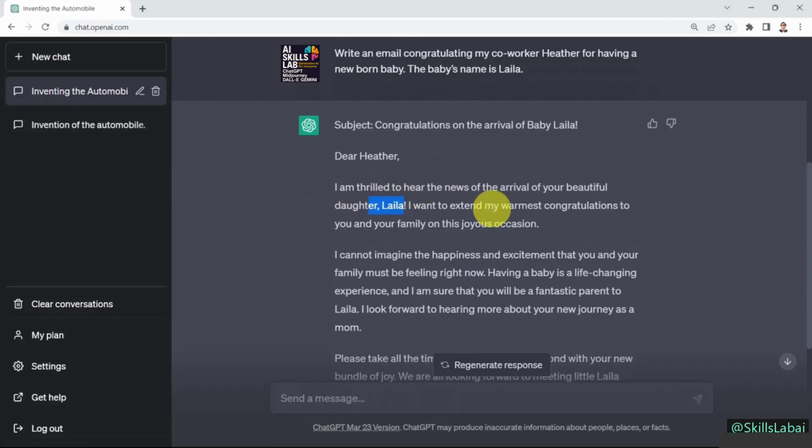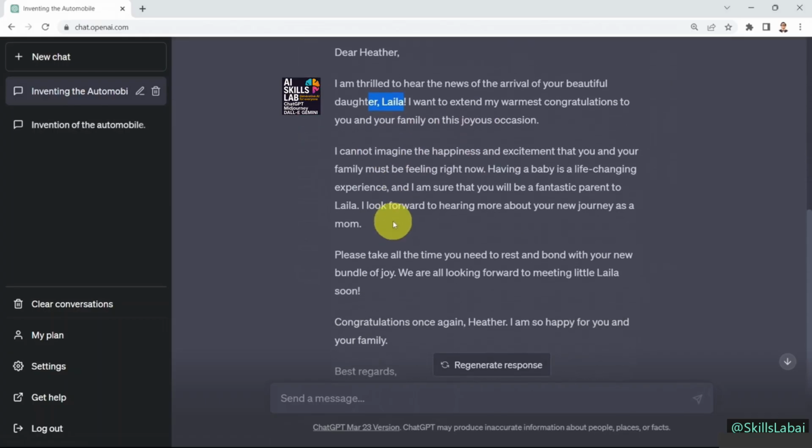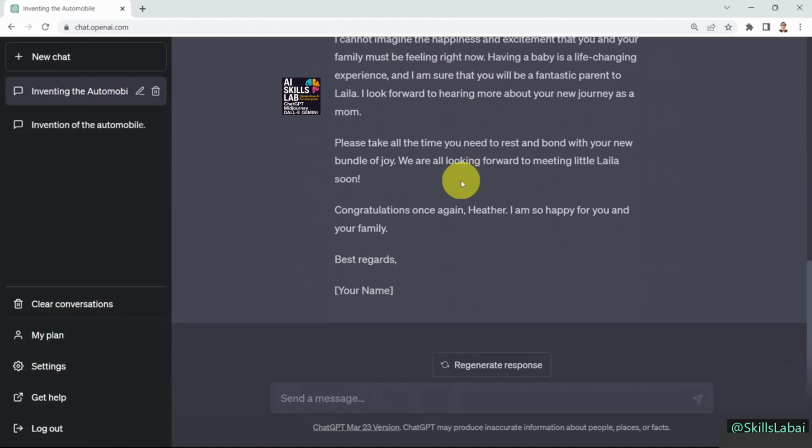And still to hear the news of the arrival of your beautiful daughter, Lila. I want to extend my warmest congratulations to you and your family on this joyous occasion. I can't imagine the happiness and excitement that you and your family must be feeling right now. Again, it's really incredible, like a very well written email, and it's just at your fingertips, and it has been generated